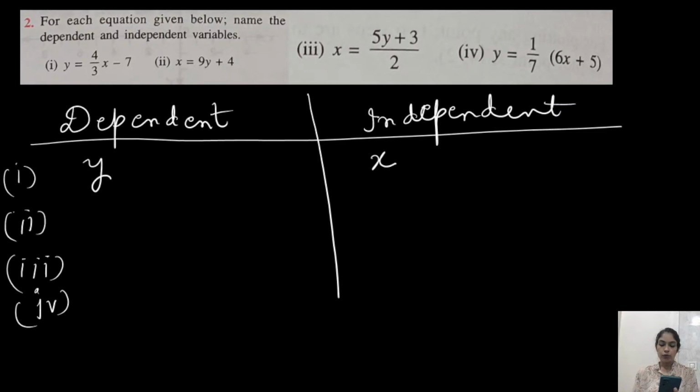See, you have written here 4 by 3x minus 7. When we are talking about variables, variable means only x and y. We don't have to write their coefficients. So in the first one, y is dependent, you can see it's on the left side. So the other variable will be independent. In the second one,